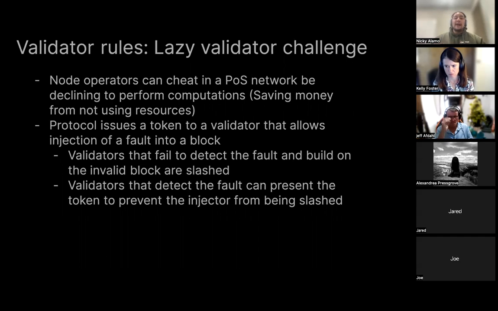However, if a validator actually notices that there is a fault, they can go to the network and say, hey, Nicky just tried to game the network. They tried to mess up the transaction. I can present that token and say, hey, I was presenting fault into a block, and I was just making sure that the network is correcting itself the way it should. And essentially there is nothing that happens from that. But that's how we keep lazy validators in check.